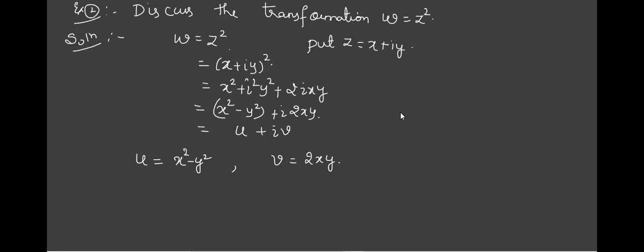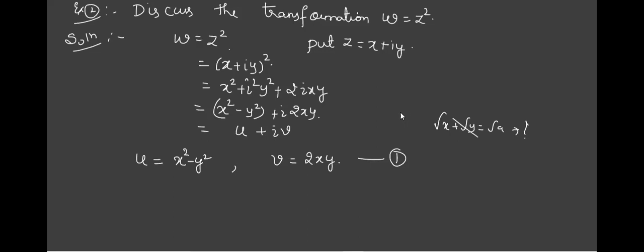In the previous case, we tried writing x only in terms of u and v, not containing y. Is it possible here? It is actually possible, but it becomes very complicated. Instead of wasting time on that, I'll just tell you: for e raised to z it is easy, but for z square it is not easy to express. So let us take both sets of equations as equation 1. Here you cannot write x only in terms of u and v, meaning you cannot eliminate y completely. If you write it, it becomes very complicated. If I write root x plus root y equal to some root a, can you tell me what this equation is representing?